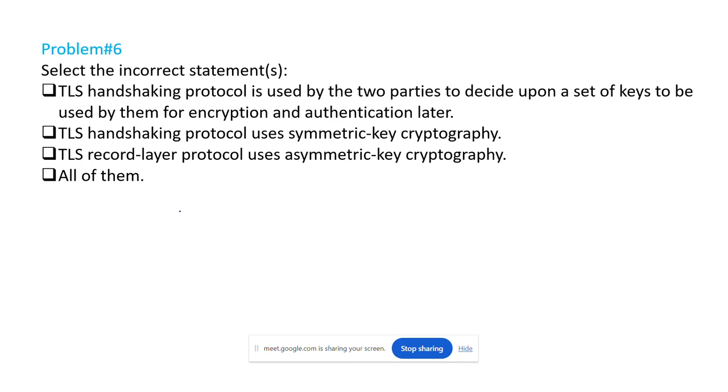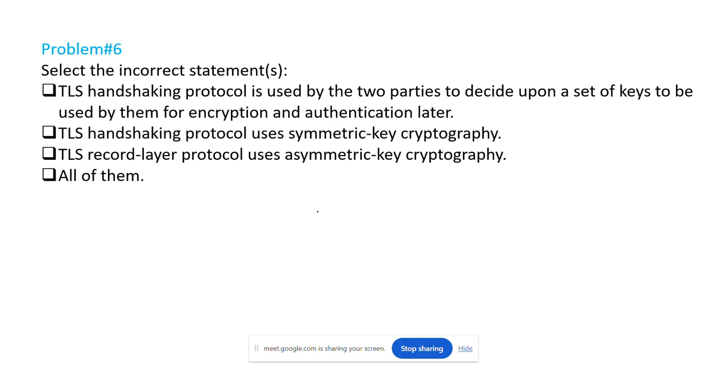The handshaking protocol uses asymmetric key cryptography, and after that the set of keys are established between the two parties, and then the TLS record layer protocol actually uses symmetric key cryptography. So through asymmetric cryptography the keys are established first, and then the two parties continue to communicate with each other using the symmetric keys decided through the handshaking protocol. So just to recap,